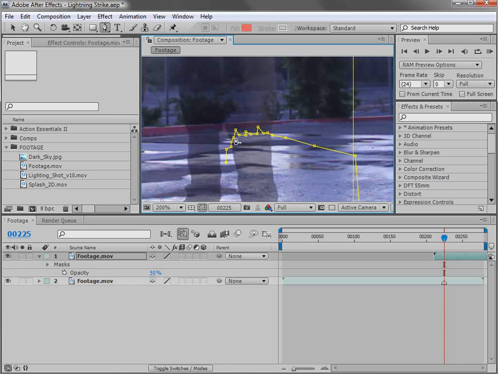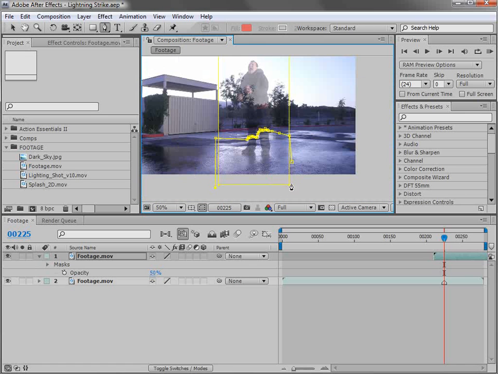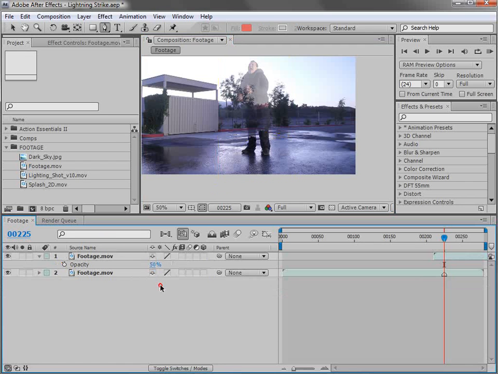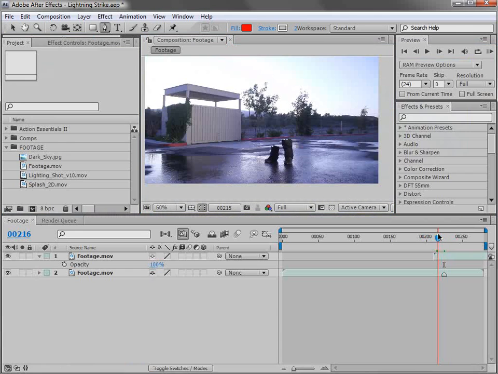And I also staggered the legs so that one of them is higher than the other. And then we'll just add this part back in. So we'll change this to subtract, and we'll hit T and turn the opacity back up. So that leaves us with a couple of legs just sitting there, and we want to go ahead and just slide this over